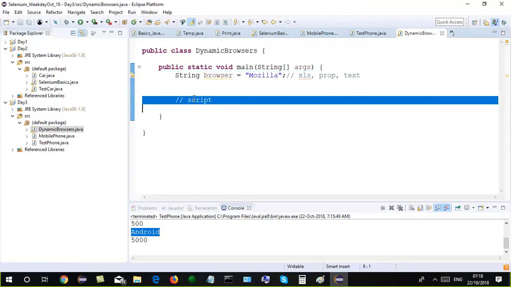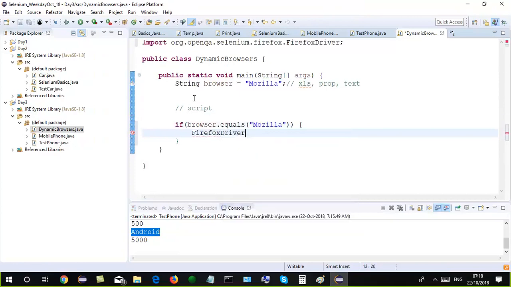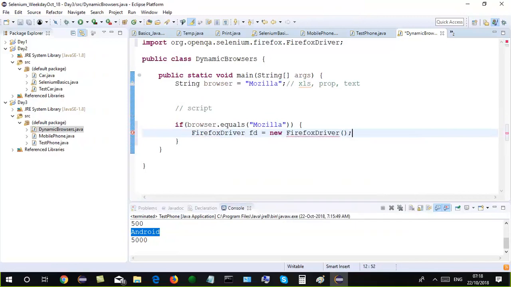If I write over here that if browser is equal to Mozilla, then create the object of Firefox driver. Else if